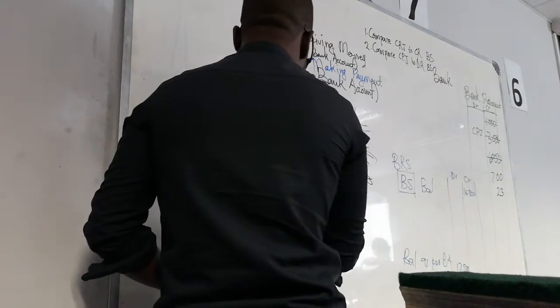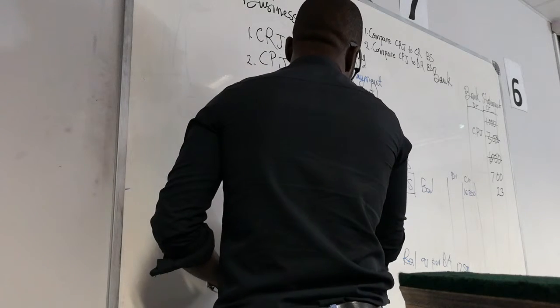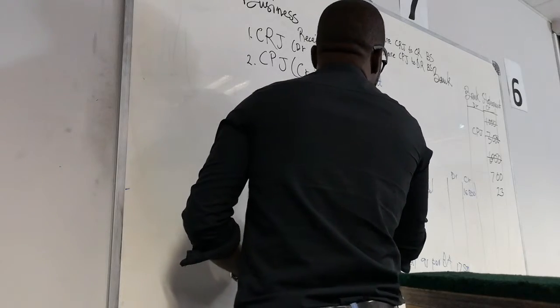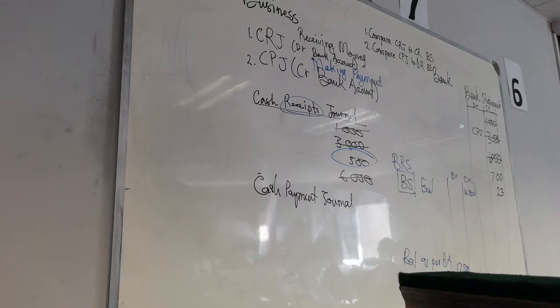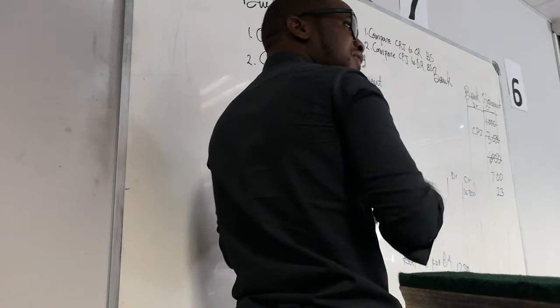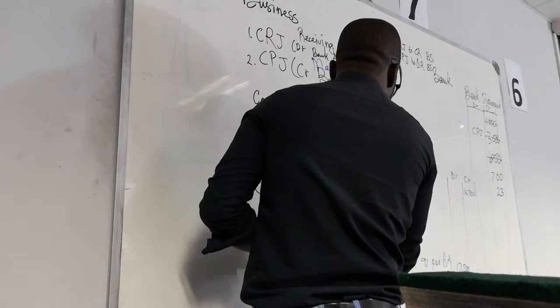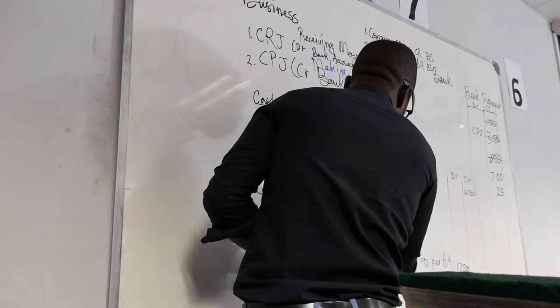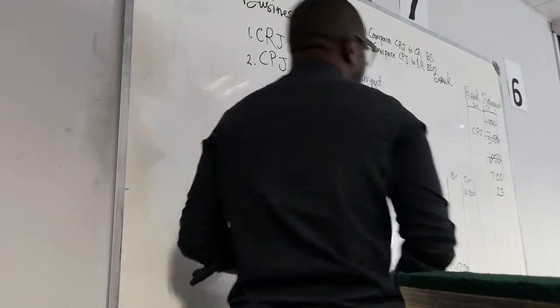CPJ. So we can have cash payments journal here. When bank is decreasing, when we are crediting bank, when we are making a payment, it does not matter as long as the idea is that bank is decreasing. We are going to record it in our cash payments journal. Each and every check, basically. Each and every check we write must come here. We will say that we wrote a check of 200, and then another one of 1,000, then another one of 700 or 7,000, then there was another one of 500.